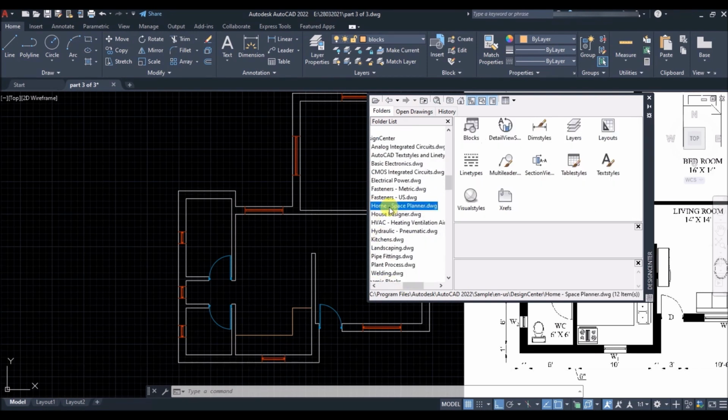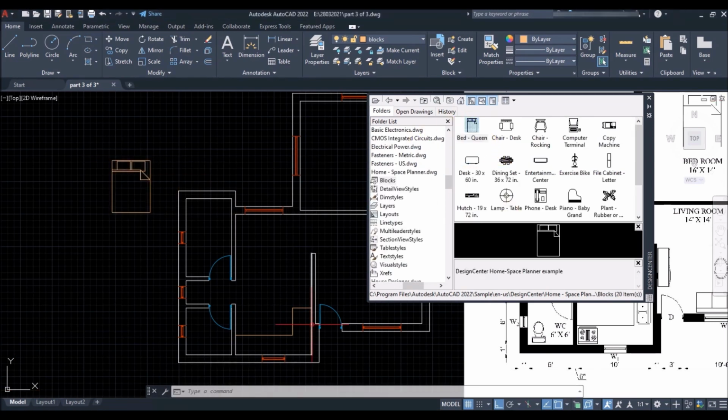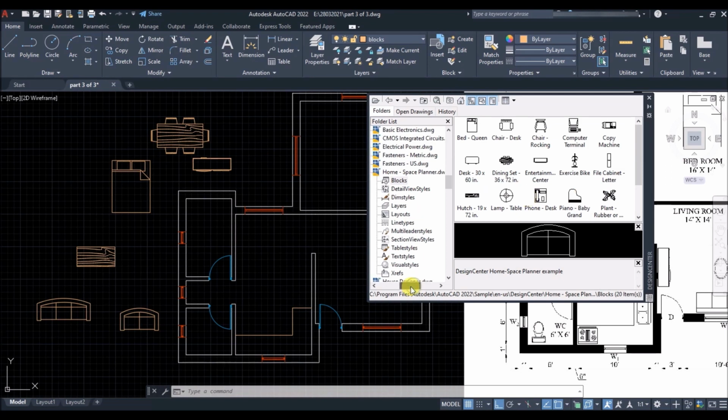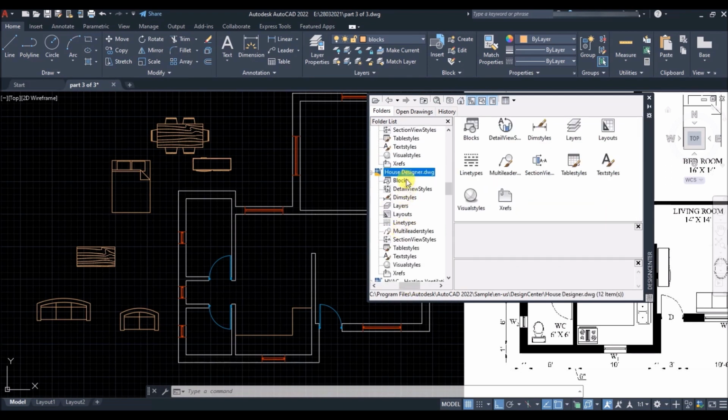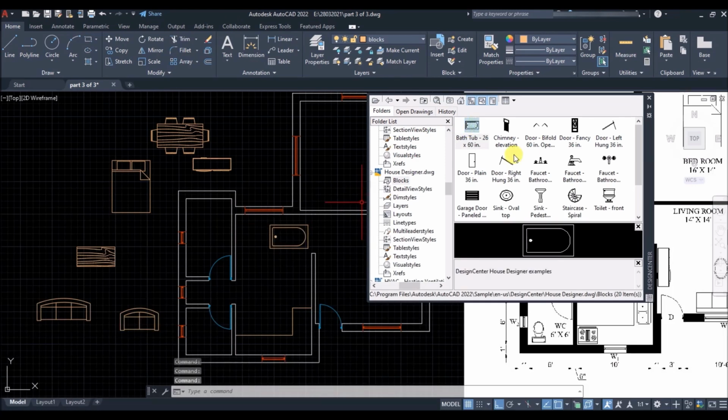Now click on home space planner, double click on blocks and here it is. Now I'll just drag the blocks in the drawing space. Then we will scale and rotate the blocks and place these. Then open Home Designer, then blocks and then drag the elements you want.